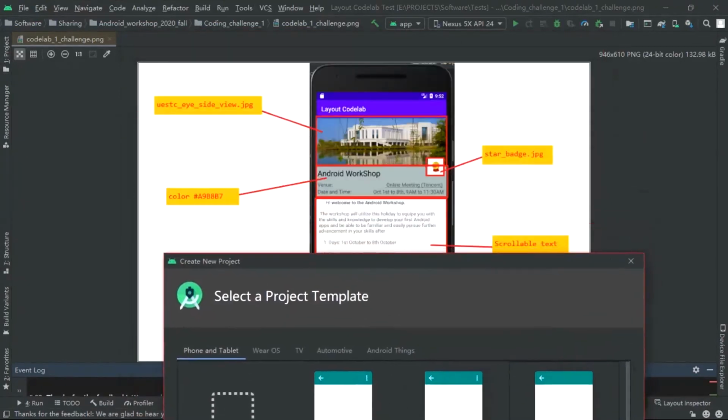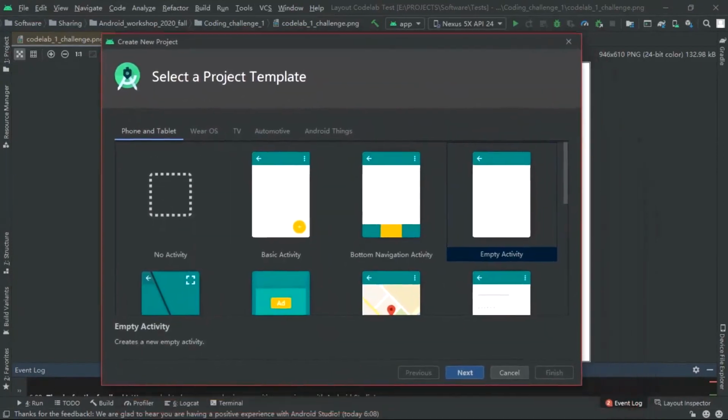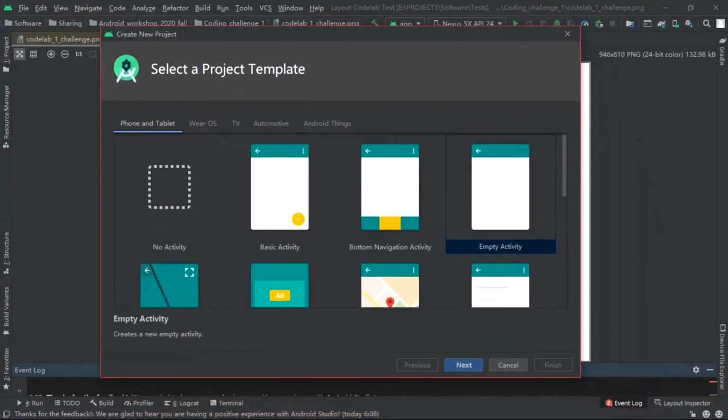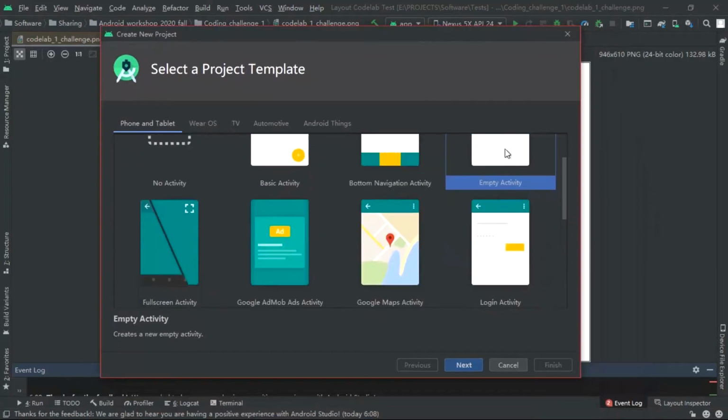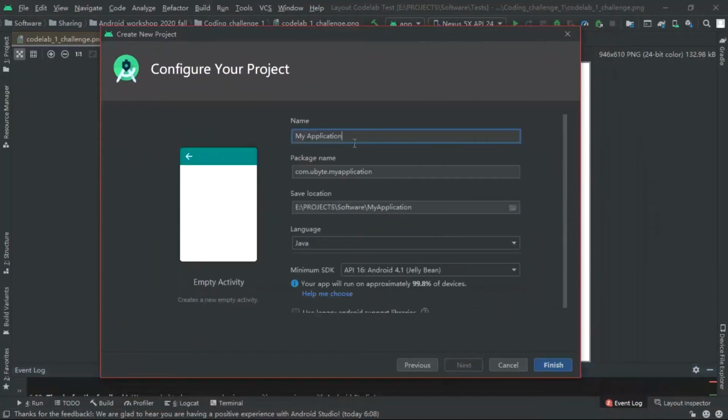However, if you're working with me and you think I'm going too fast, you can easily remind me in the group, or send a message in the chat box. I am viewing all of them. Okay, so we shall create a new project, and we are going to choose an empty activity. Click next. I'm going to name this application